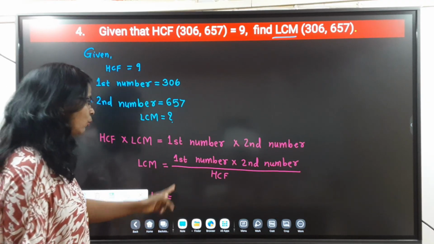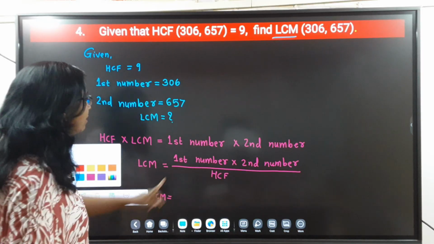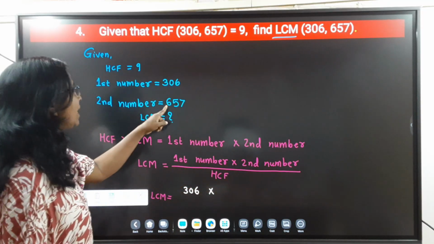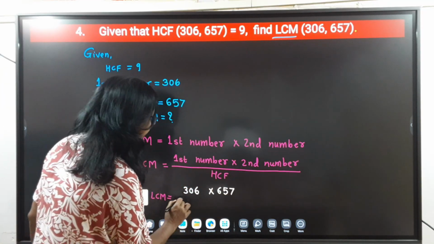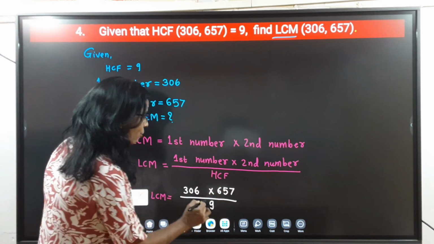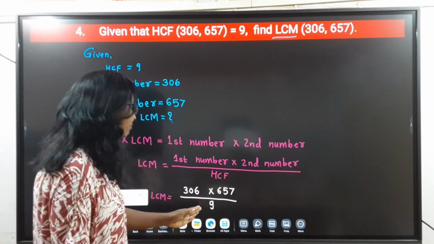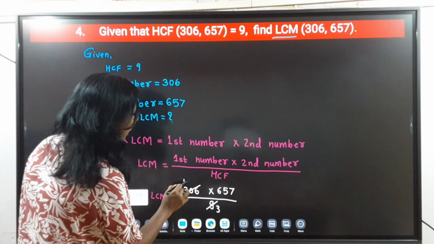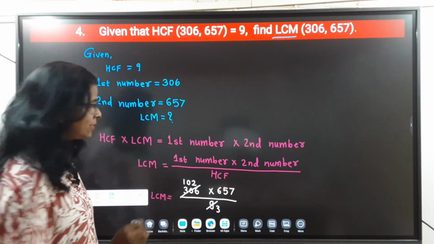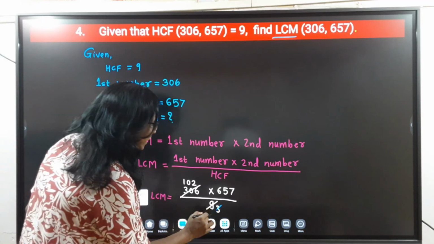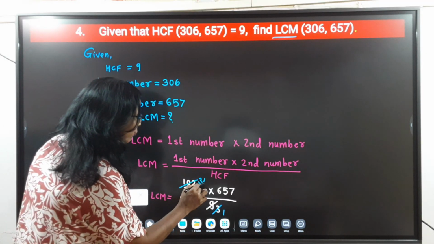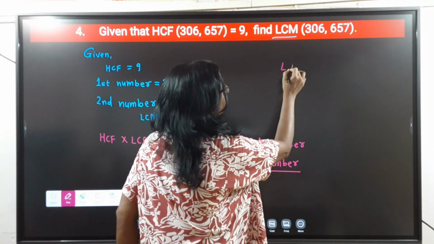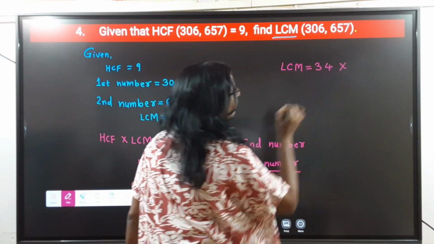So now here LCM is equal to, substitution students, the first number, that is 306. So I write down 306. Multiply here the second number, 657. So I write down here 657 and the HCF, that HCF is 9. Okay student, so now 306 divisible by 9 or not. So 3 3s are 9, 3 1s are 3, 0, and 3 2s are 6. And then 3 1s are 3, 3 3s are 3 and 3 4s are 12. Okay student, so the final answer, we write down LCM is equal to 34 multiplied